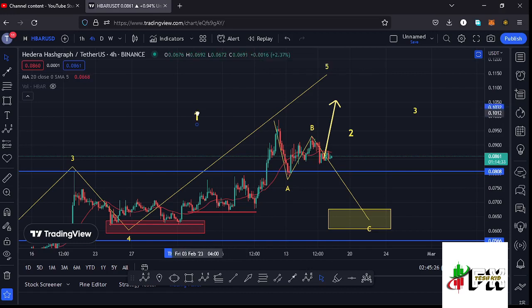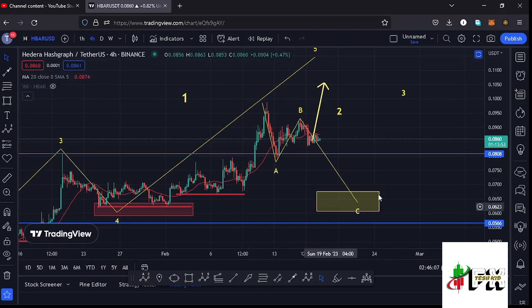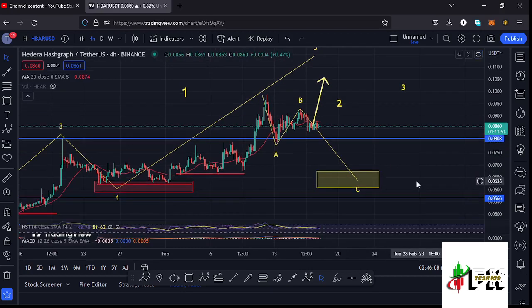And in case such a move plays out, then we can be able to sketch out new target areas to the lower side in the formation of that larger Elliott wave count 2. So those are the two possible scenarios that I'm expecting to play out here on the short-term scenarios. But for me, I'm in favor of seeing this ABC corrective structure giving us the low for that second wave. So continue watching that significant high at around the $0.0808 mark, because upon losing it, we might continue pushing even lower to fully maximize our target area in the formation of that wave 2.